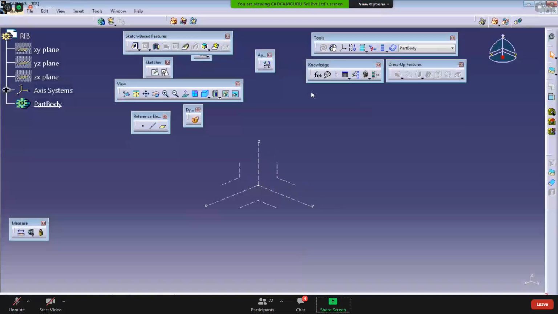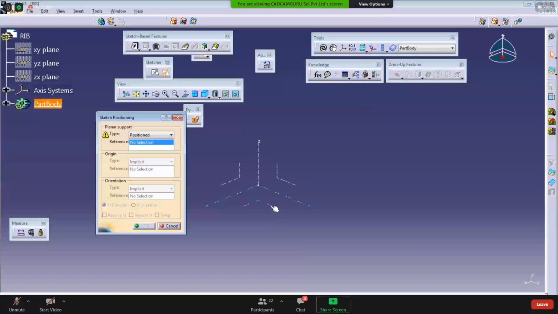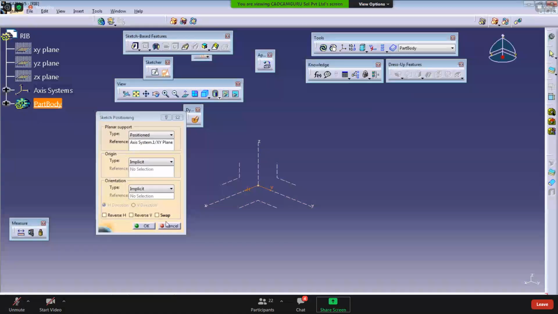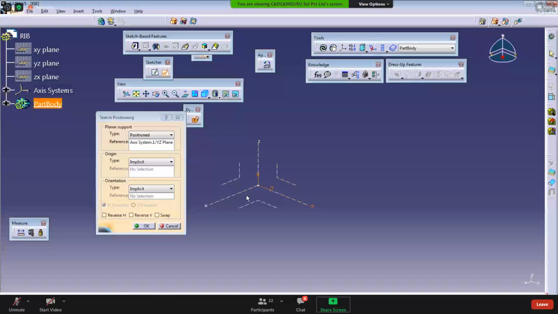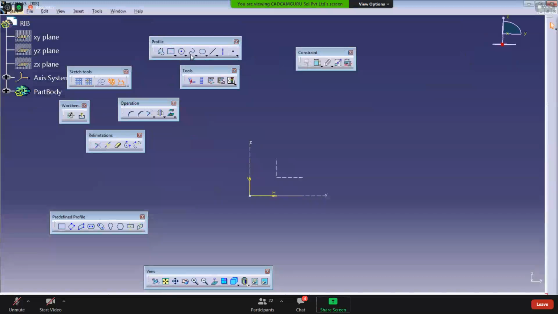So I'm creating the profile first on the front plane, not top. I'm selecting the front plane and there is a guide path or center curve that you have to say.